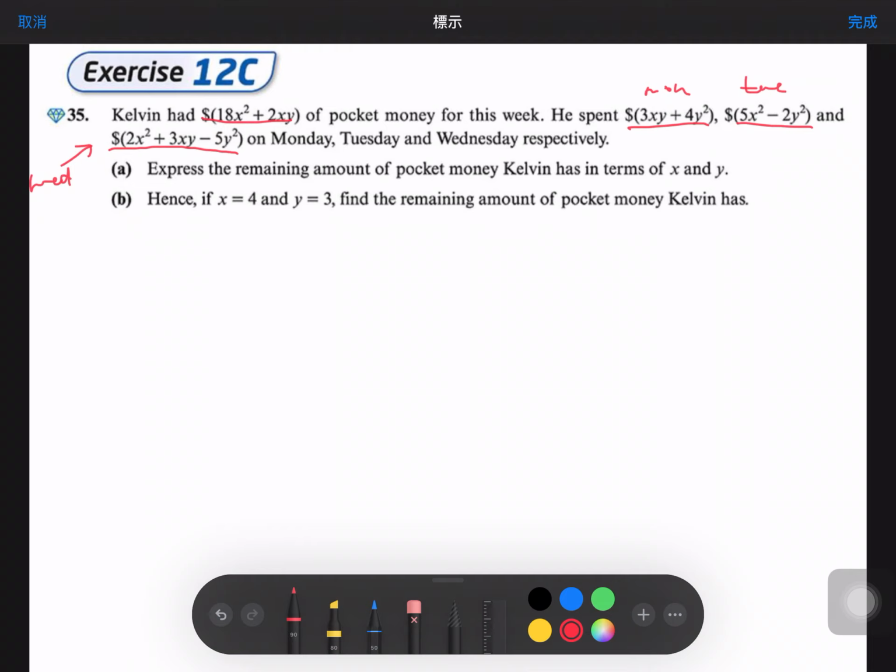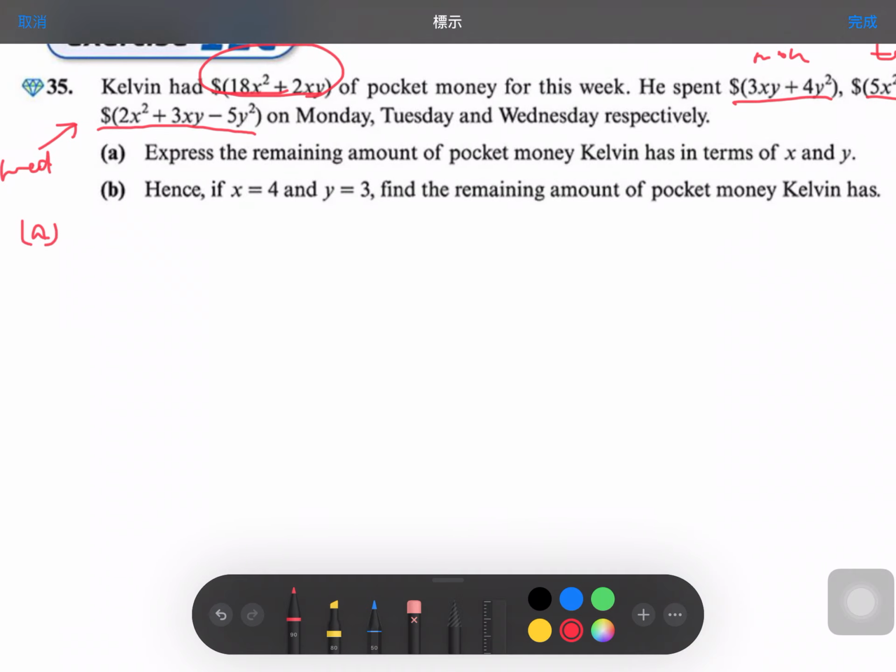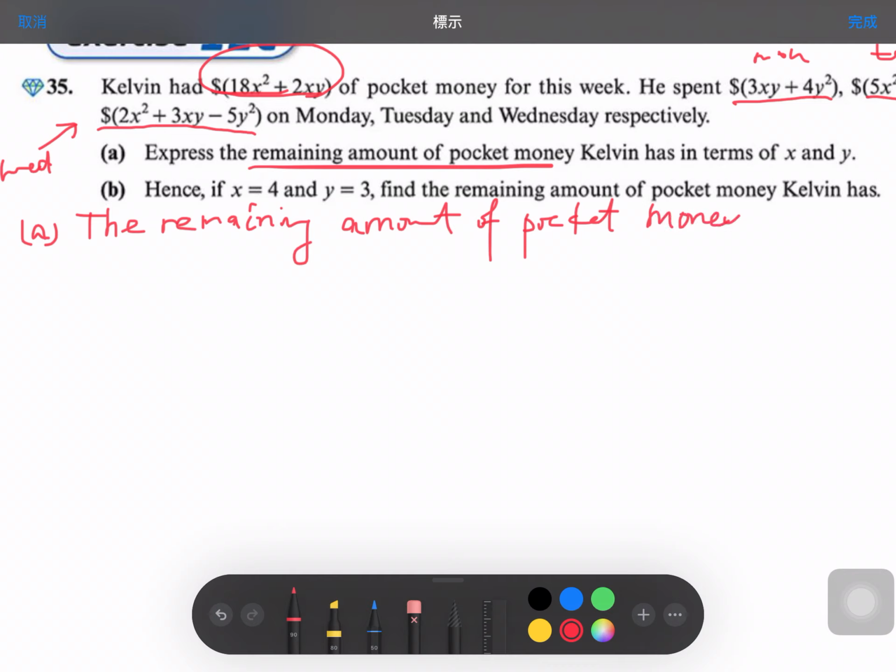So at the beginning, Calvin has this amount, and he spent those three amounts, so you have to minus those three amounts. So for part A, the remaining, usually you just copy the statement from the question. The remaining amount of pocket money Calvin has will equal to this amount